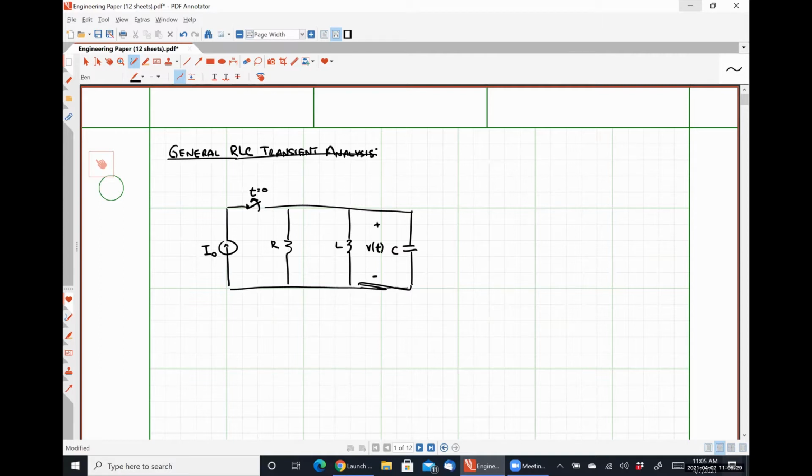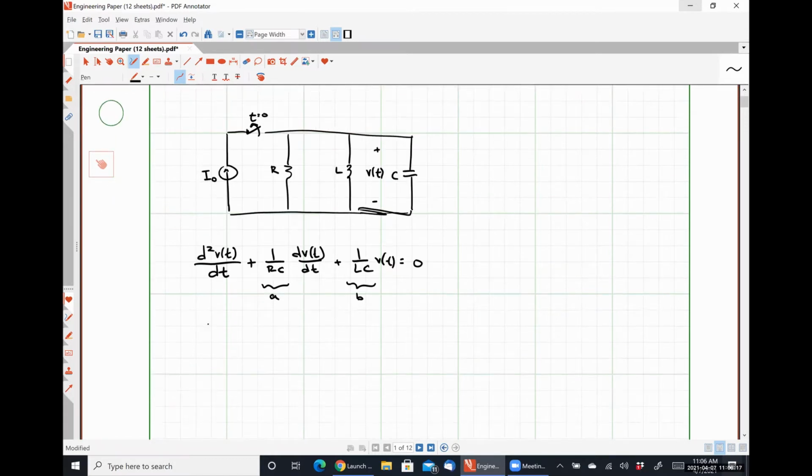And we did some math earlier where we applied Kirchhoff's current law at a top node, got an integro-differential equation, took the derivative of both sides and all that kind of noise. And what we wound up with is an equation that looked like this, where we had... is equal to 0. I'm going to call this one right here A, and this one right here B, and point out that alpha, which is 1 over twice RC, is exactly equal to 1 over 2A,